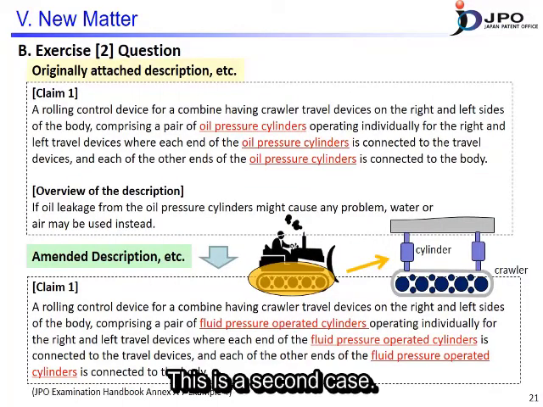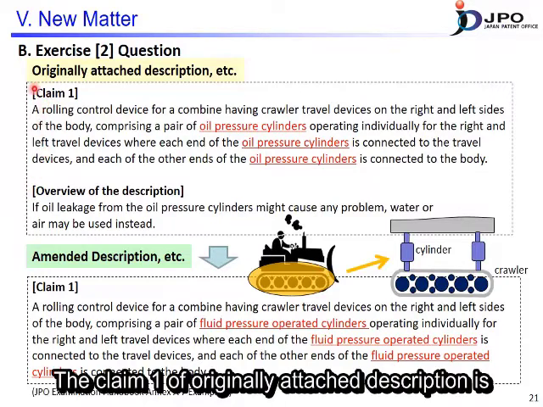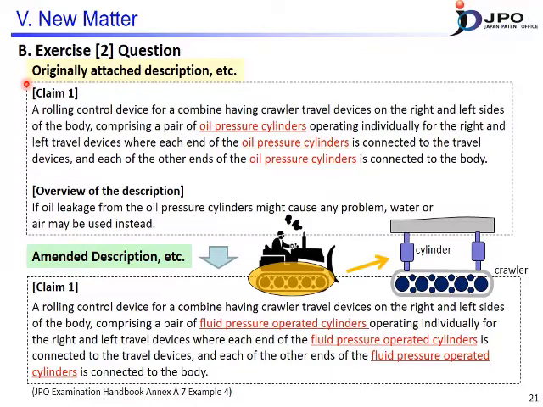Okay. This is a second case. The claim 1 of originally attached description is a rolling control device for combine having crawler travel devices on the right and left sides of the body, comprising a pair of oil pressure cylinders operating individually for the right and left travel devices, where each end of the oil pressure cylinders is connected to the travel devices and each of the other ends of the oil pressure cylinders is connected to the body. And